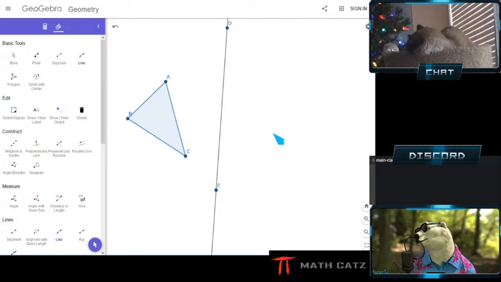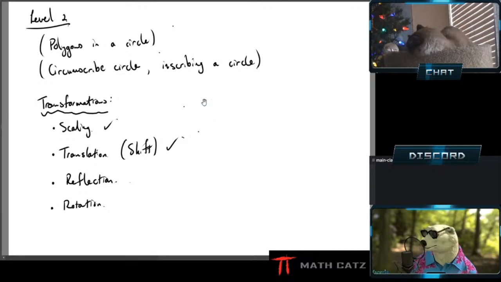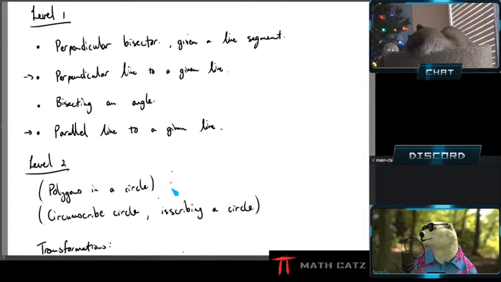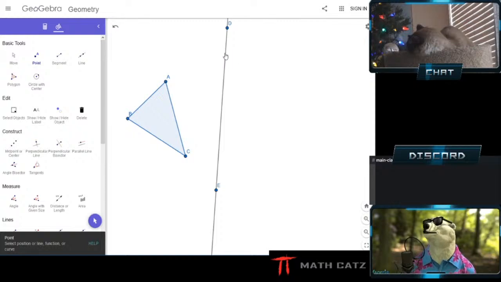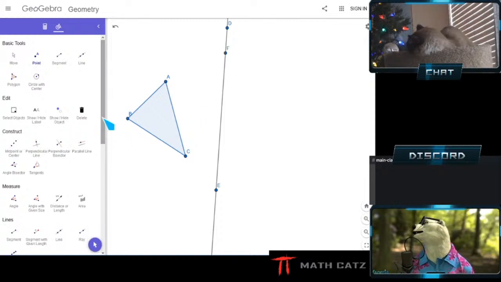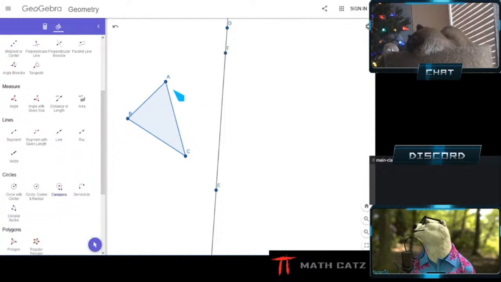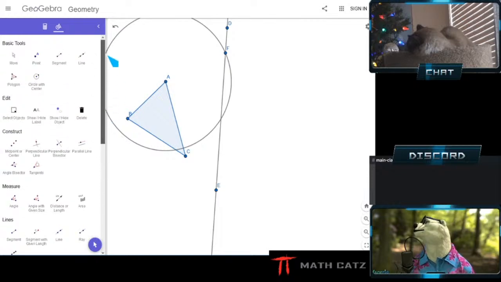All I need to do is draw a perpendicular line from each of the vertices through the given line. I know how to do that in detail, right? Let me run through it to refresh your memory. You make a circle. Let's pick a point over here. And I'll use my compass tool. This is now showing the detail through that point like so. Oopsie, confirm, center it there. That gives me another point